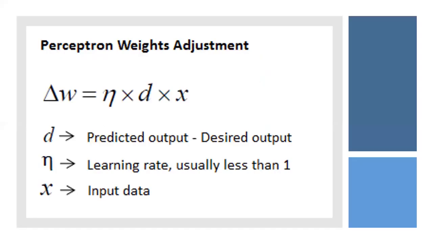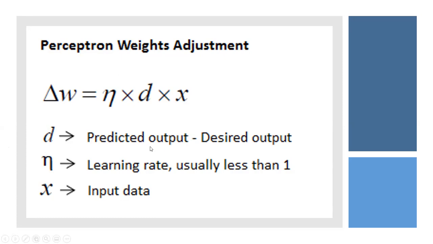So how are we going to adjust the weights if we are not satisfied with the error value? We define the error as desired output minus actual output. If it is not satisfactory, then you have to change the values. By applying the delta rule, you can see learning rate times desired output times input value x.